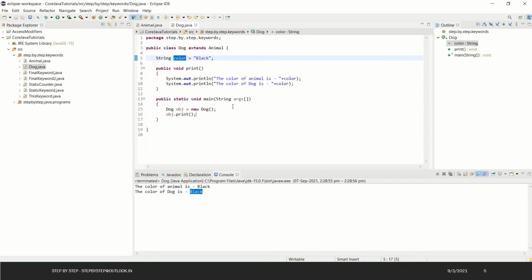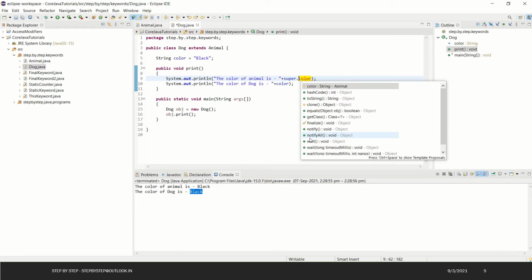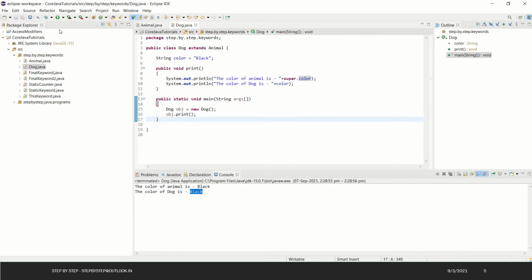So for that we need to give a reference for animal, like super.color. Now just save it. This super.color will refer to the super class, that is the animal class, which is the parent class basically, and we'll get the value of color from that class. So that's white. Yeah, so it's super easy actually.